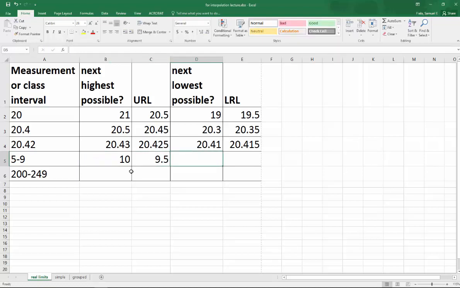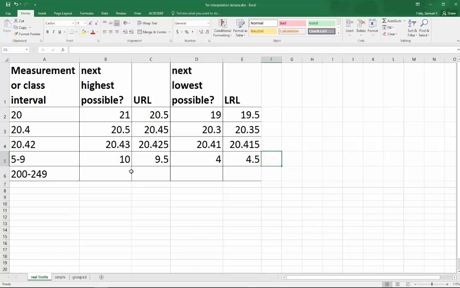Next lowest possible number. Again, you don't go from 9 down to 8. You go from the bottom of the interval to the next number, which would be 4, right, at this level of precision. So the lower real limit of the interval is 4.5. So if there's a data point in that interval, according to the upper and lower real limits, the real value of the data point is somewhere between 4.5 and 9.5, which should check out if you're, well, how large is